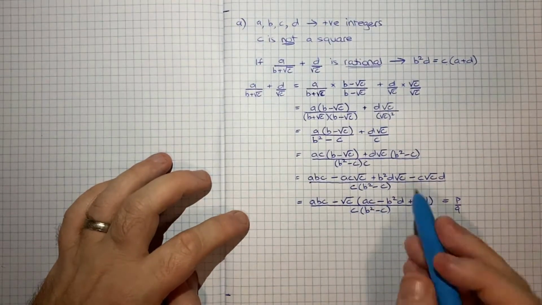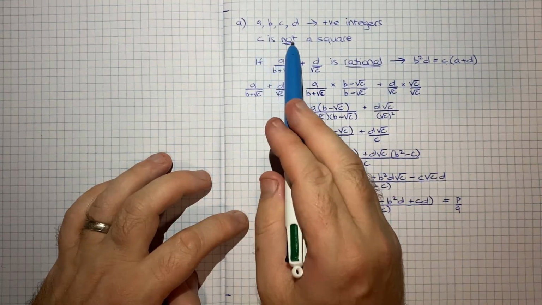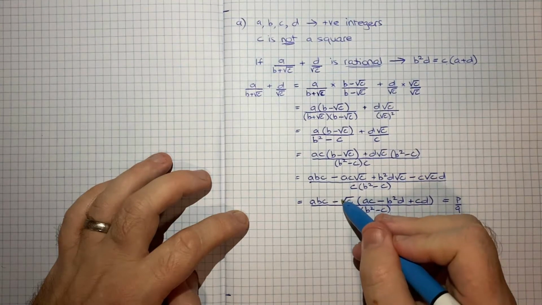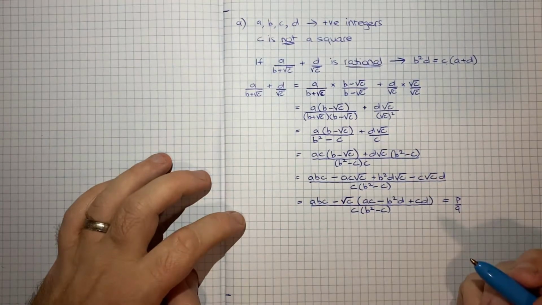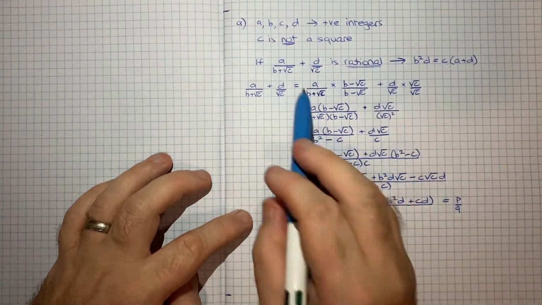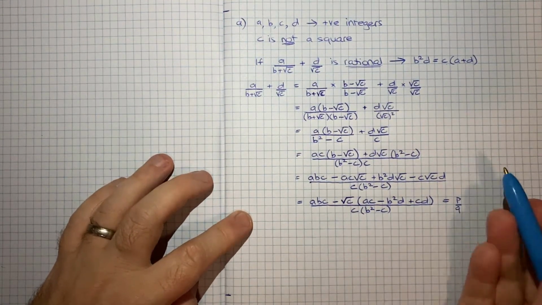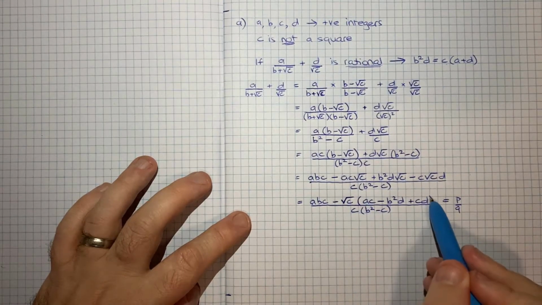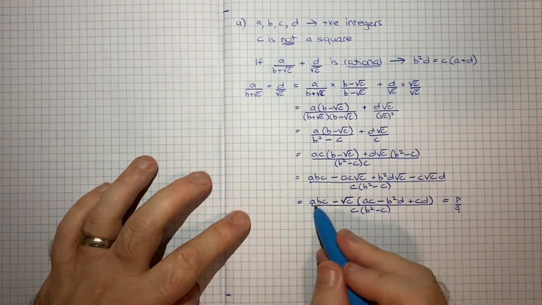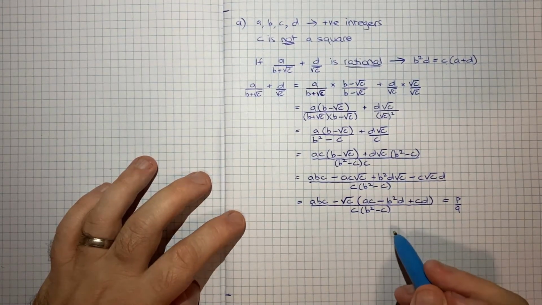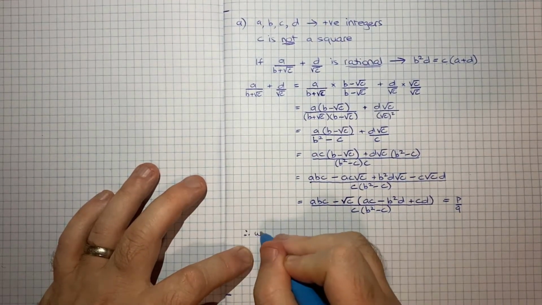Where we get in trouble is this root c times an integer, because we're told c is not a square. So if c is not a square, then by taking the square root, we're not going to end up with an integer. So in effect, for this whole thing to be rational, we need this root c to disappear, and the only way we're going to get that to happen is if what's in this bracket is equal to 0, so that it would then drop off and simplify down to abc on b squared minus c. So therefore what we can say is that we need